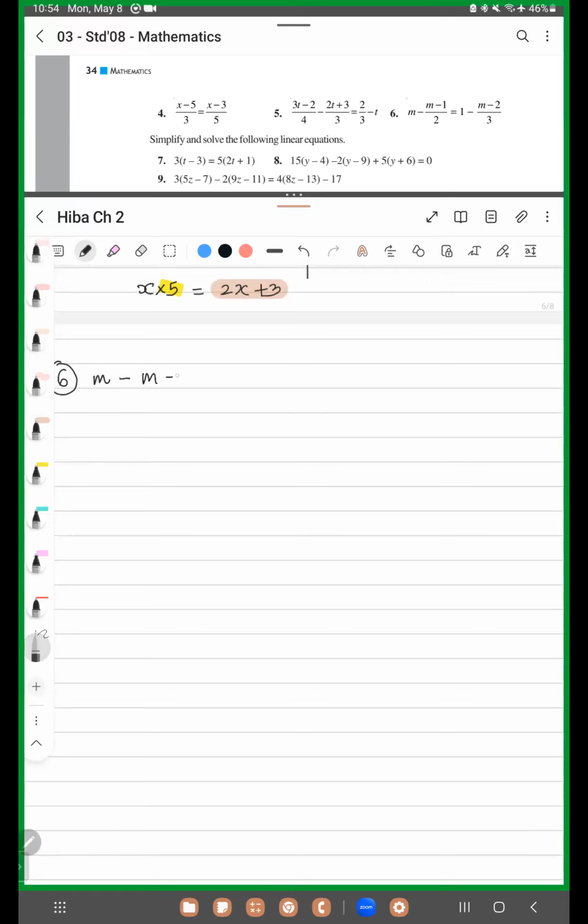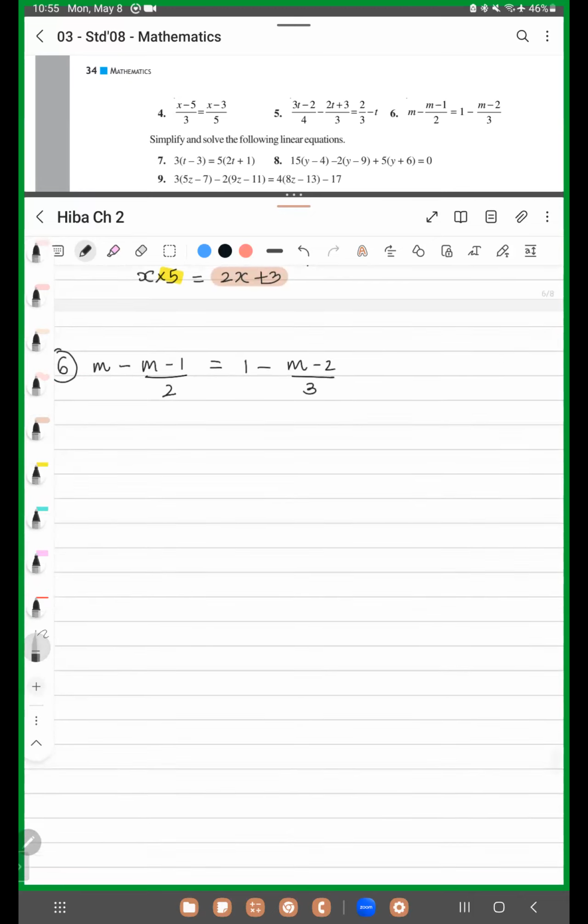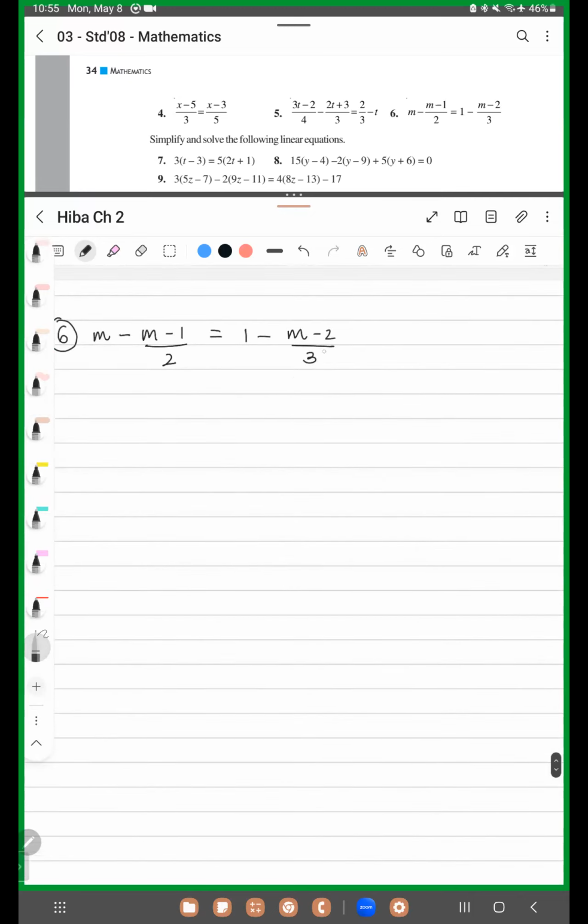m minus 1 by 2 is equal to 1 minus m minus 2 by 3. ठीक है. Now the thing is, over here you cannot send the 3 to the other side. Why? Because अभी 3 जो है ना वो LCM मतलब it's not common for the entire RHS. अगर ऐसा होता like this, then you can send the 3 to the other side. So it will become this entire thing multiplied by 3. But since the 3 is not common for the entire RHS,